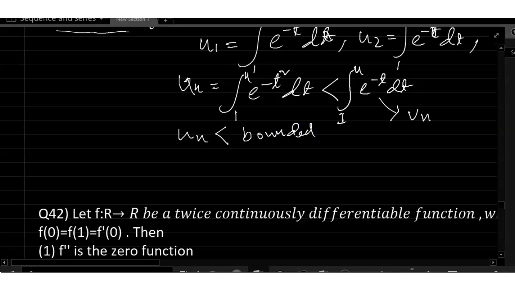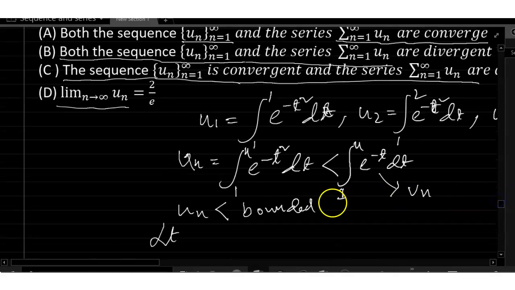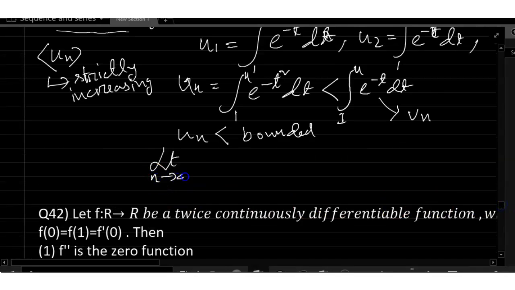bounded, and Un is strictly increasing. So the limit as n tends to infinity of Un equals the limit of Vn,